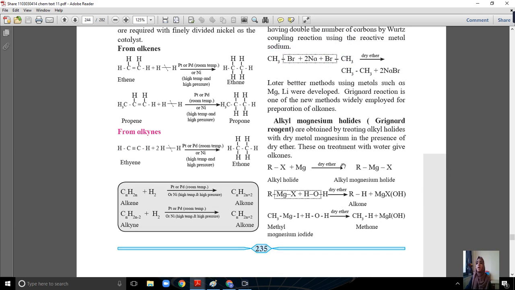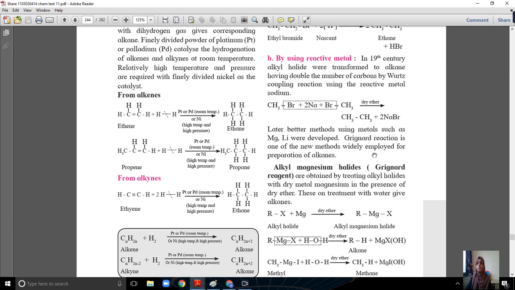Yes, so the example we have seen, and the first replacement reaction was with a reactive metal. The first reaction with a reactive metal is with sodium. So it is a coupling reaction, in which NaBr is forming and CH3. The two alkyl groups of two different molecules come together and form alkane. Sodium bromide is the byproduct here.